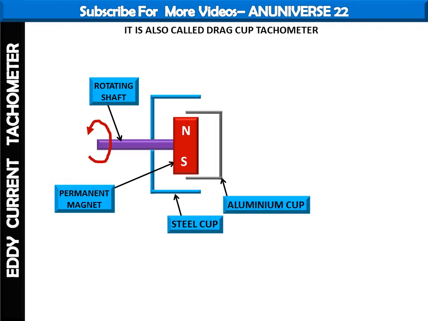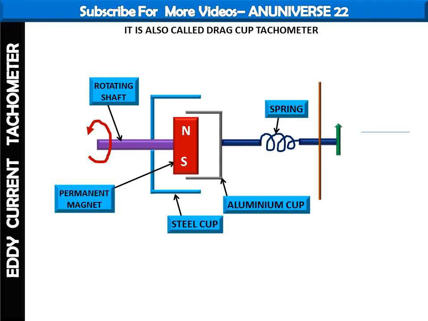Here is another cup, made of aluminium, that is connected with the help of a rod to the spring, and the disc turns in the direction of the rotating magnetic field until the torque developed equals that of the spring. Here is the pointer attached to the cup. This is the pointer and this is the dial. So the pointer attached to the cup indicates the rotational speed on the calibrated scale,